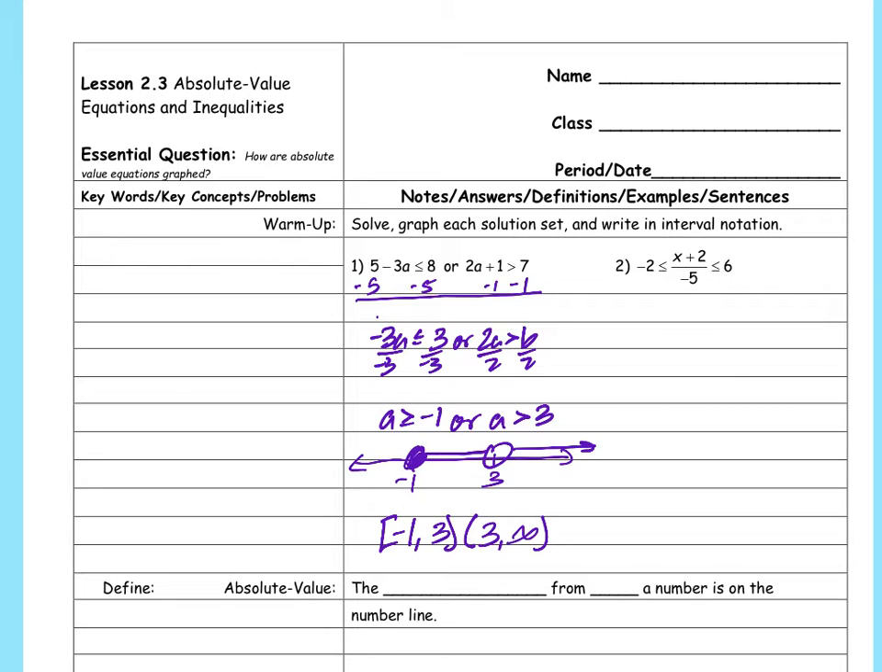Okay, so on number 2, I have to get rid of the fraction first, so I'm going to multiply by negative 5 everywhere, right? So the 5s go away there, and I get 6, and I multiplied by a negative number, so my sign switched directions, is greater than or equal to x plus 2, which is greater than or equal to negative 30. So subtract 2 from everywhere, and I get